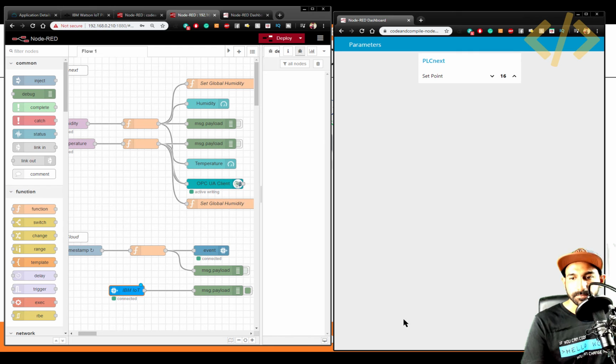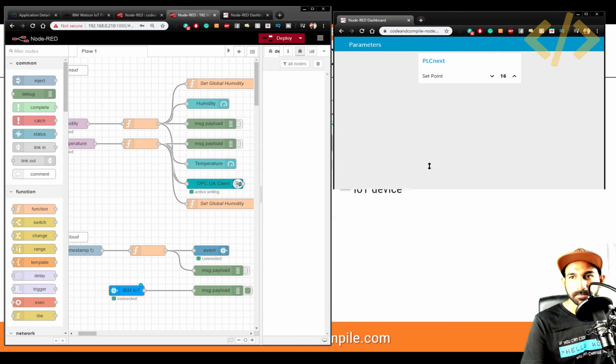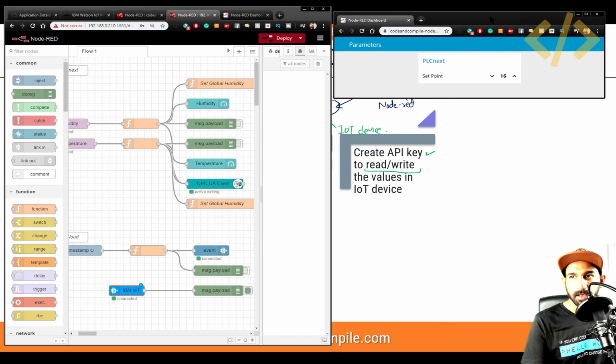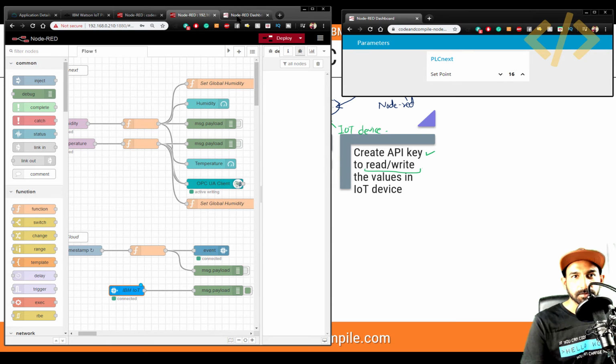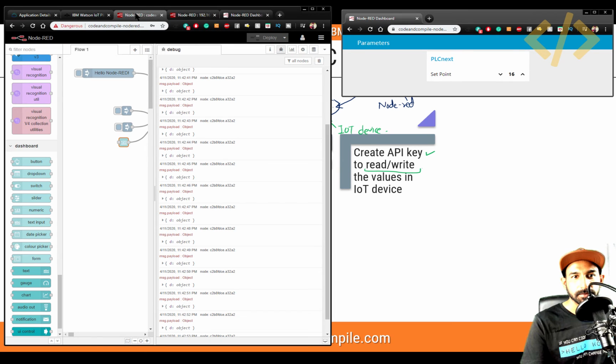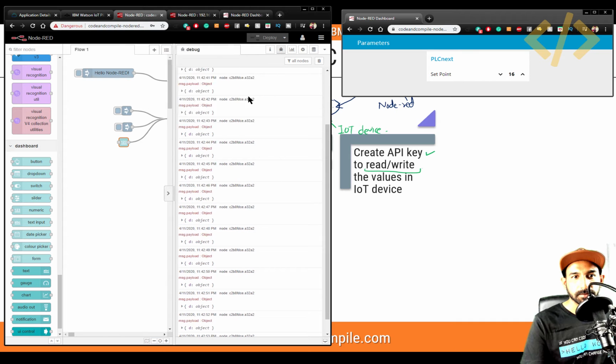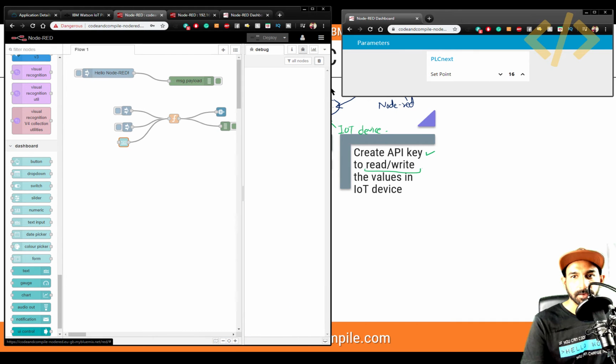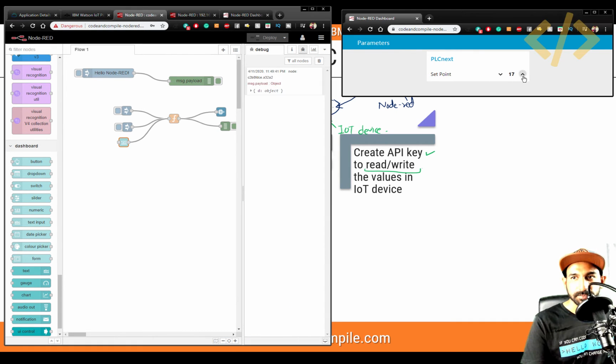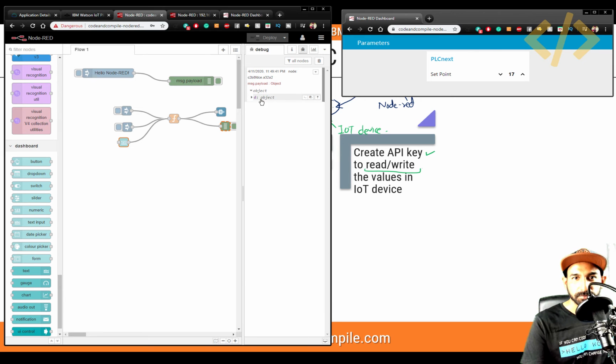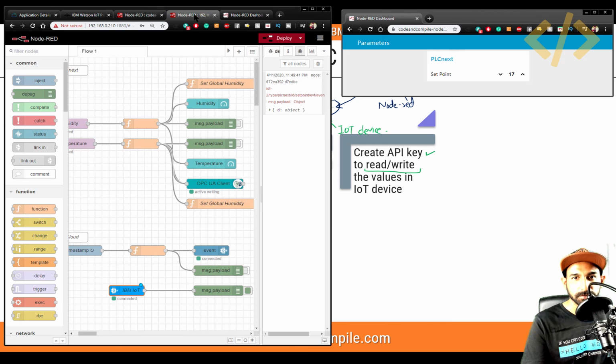Okay, so I will make it short. So this is from the cloud. This is my local Node-RED, and this is also my cloud. Okay, so I push the value 17. This is my cloud Node-RED, just to make sure, value 17, and I now go to local Node-RED. You can see this value is coming in the local Node-RED as 17.